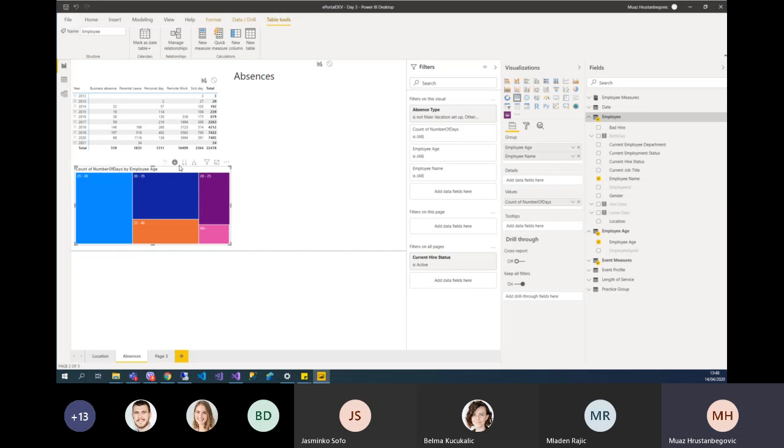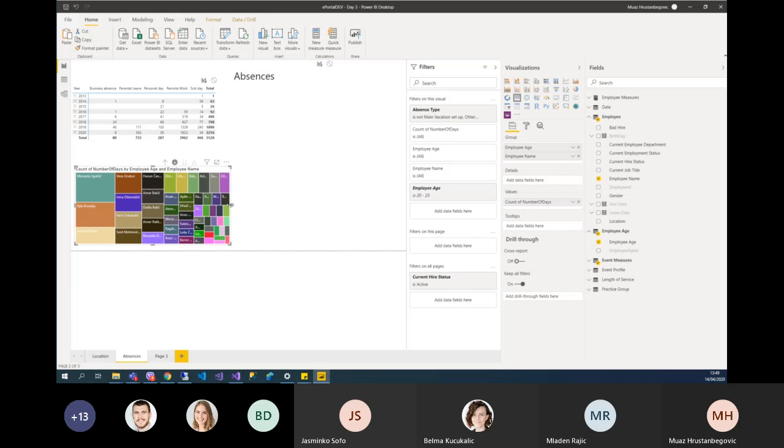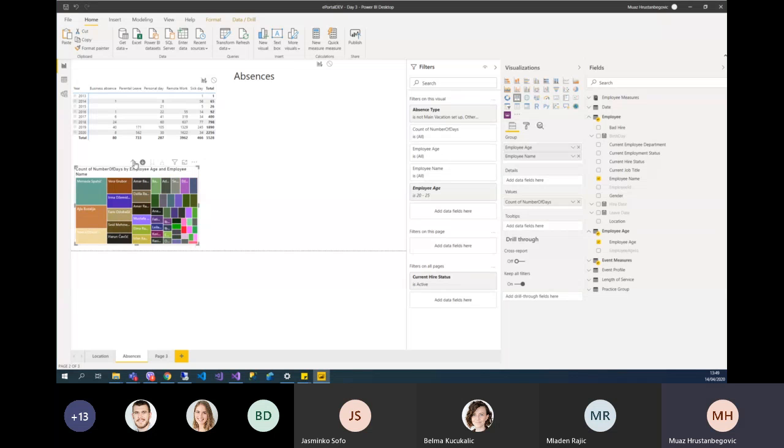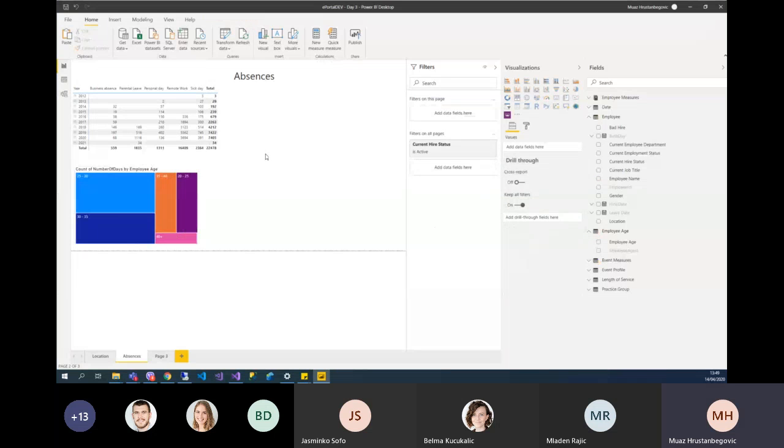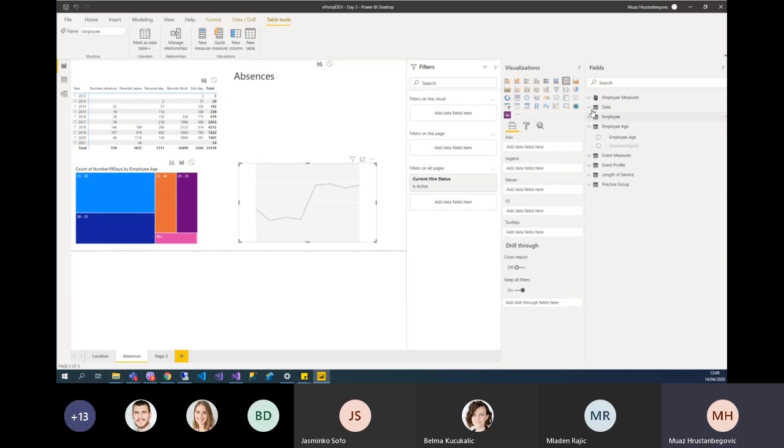Next thing I want to show you is, okay, everything is cool and so on, but I want to see how those absences and everything went over time. So let me go back here. Let's choose some visualization. I'll choose line chart right now, and I'll add some data on axis. On axis, from date table, I will add year,